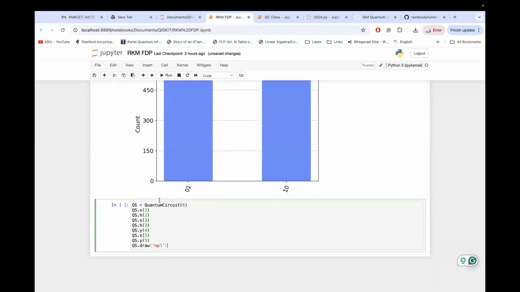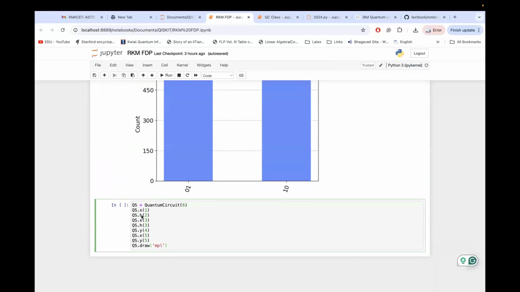So what we are doing here, we are creating a quantum circuit with 6 qubits, and I'm going to save that circuit in the name QS. And if I want to apply some gate operations on that one, what I have to do, QS dot X of 1. That means I'm not doing anything to the 0th qubit, but for the first qubit, I'm applying X